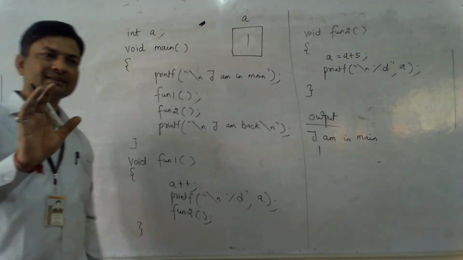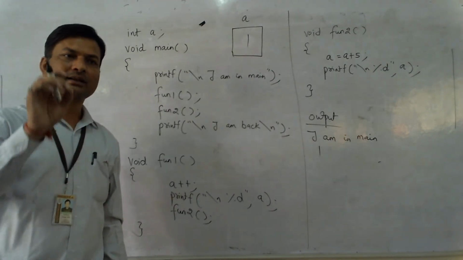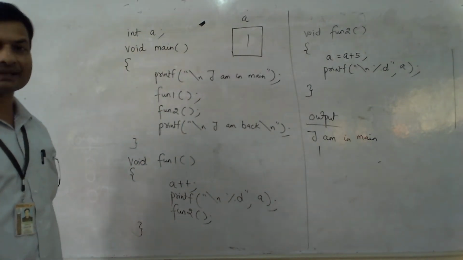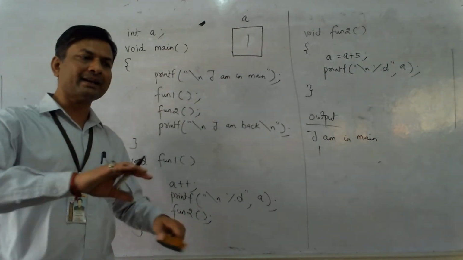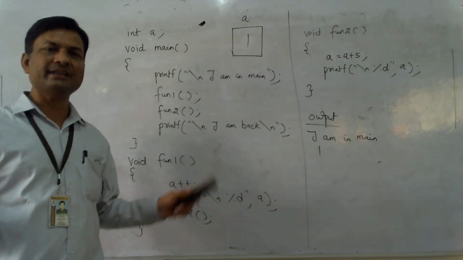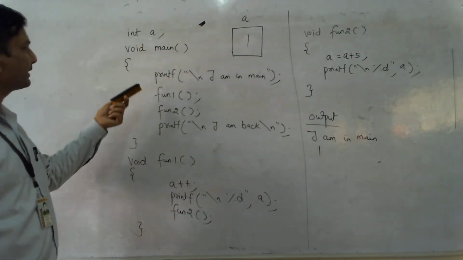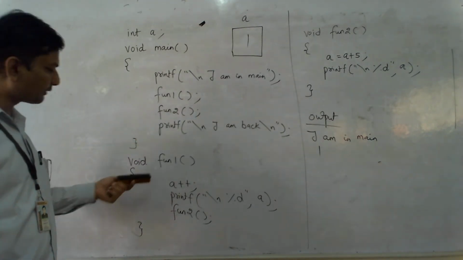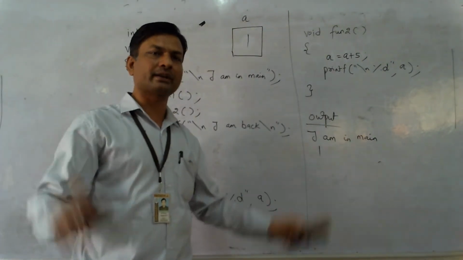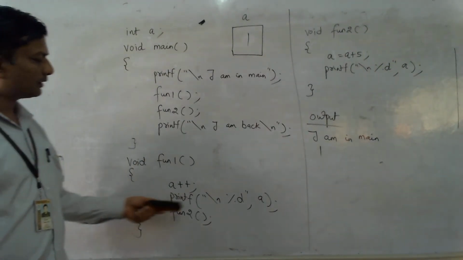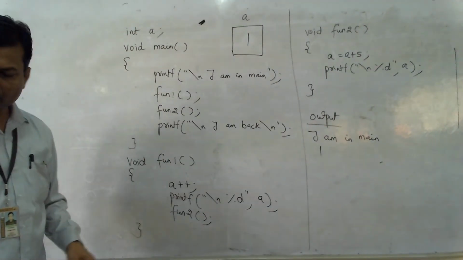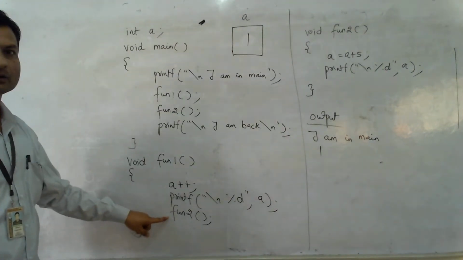What does global scope mean? Global scope means, number 1, a variable is not declared inside any block, like as shown in this example. And number 2, this variable can be accessed anywhere. Its scope is global. So we can use this variable a in the main block and also in the fun1 block and also in the fun2 block or any other block in which we require. So the value of a is displayed. What is the value of a? 1. 1 is displayed.